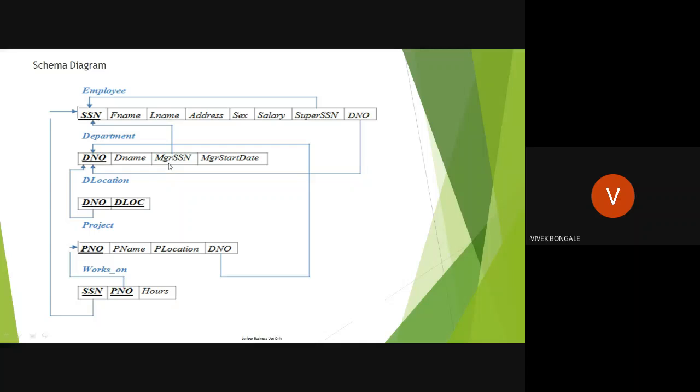So we have to involve e.ssn equal to mgr_ssn. Correct? So I will repeat: we are trying to write the query for the project, meaning I am trying to retrieve Scott when acting as a manager. Right? These two pieces of information I need.